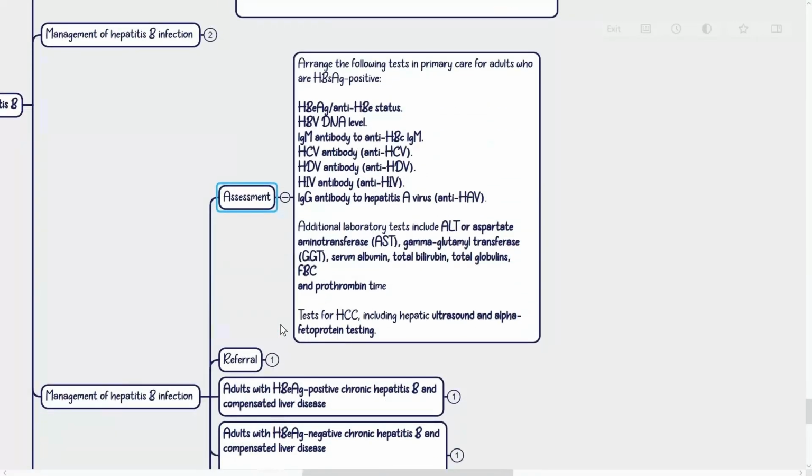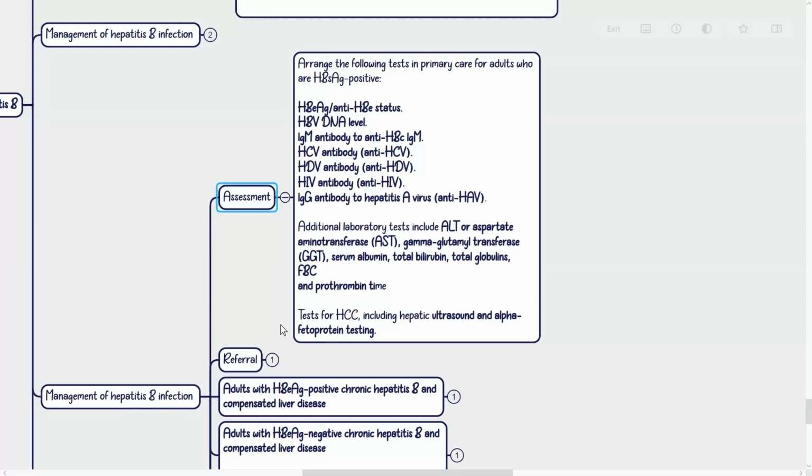Management of hepatitis B infection. Assessment. Arrange the following tests in primary care for adults who are HBsAg positive: IgG anti-HBs status, HBV DNA level, IgM antibody to anti-HBc IgM, HCV antibody (anti-HCV), HDV antibody (anti-HDV), HIV antibody (anti-HIV),